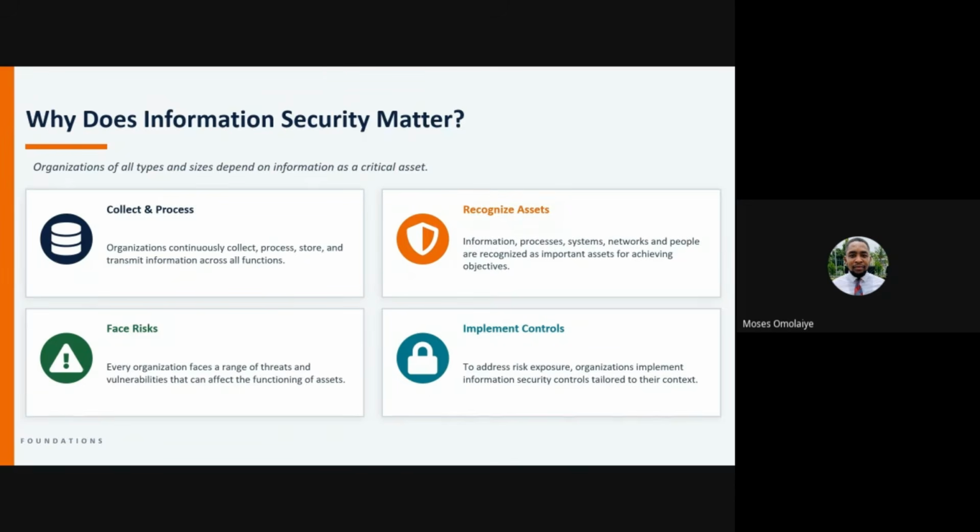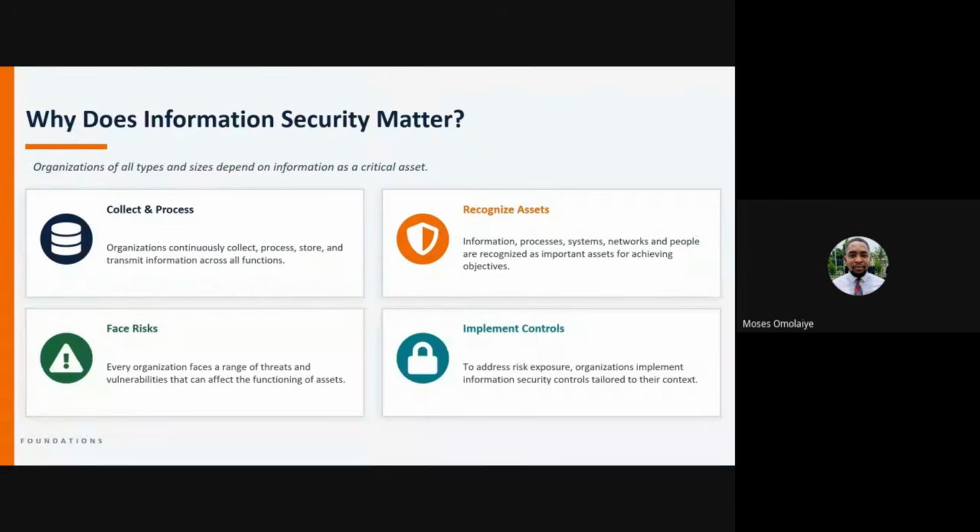Organizations, first of all, collect and process information in different forms, whether it's by doing an invoice with people and getting people's details, or by sending out emails and exchanging information one way or the other. Organizations continuously collect data, process data, store it, and then transmit information across functions. And then also,